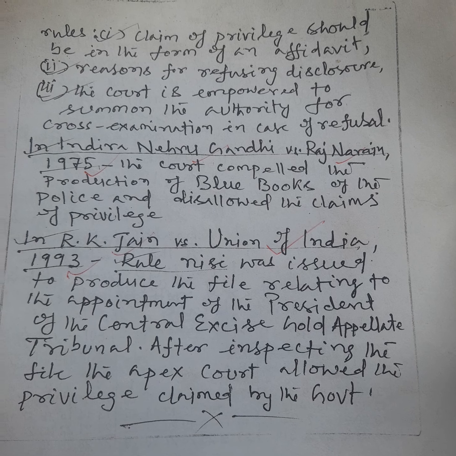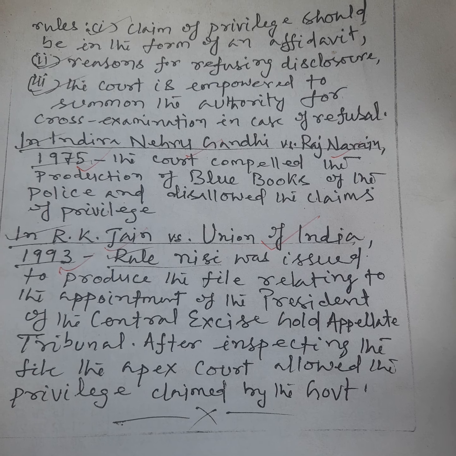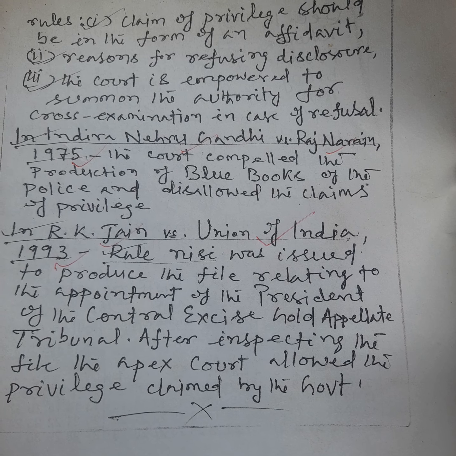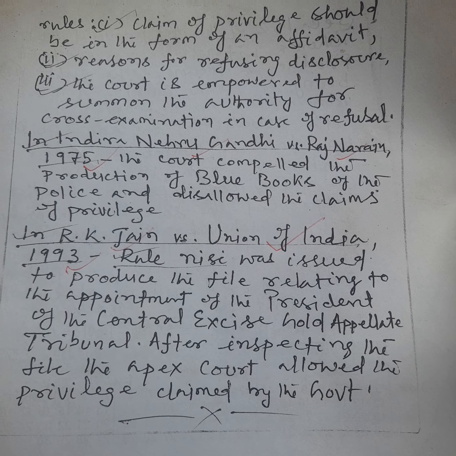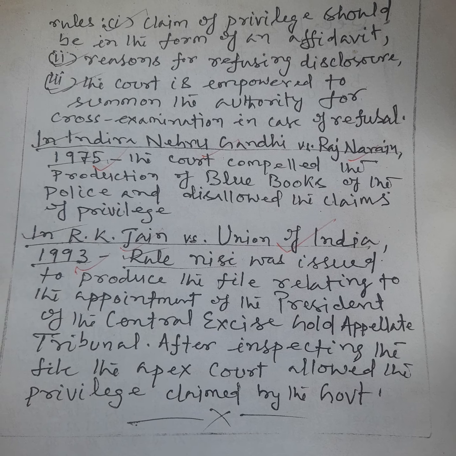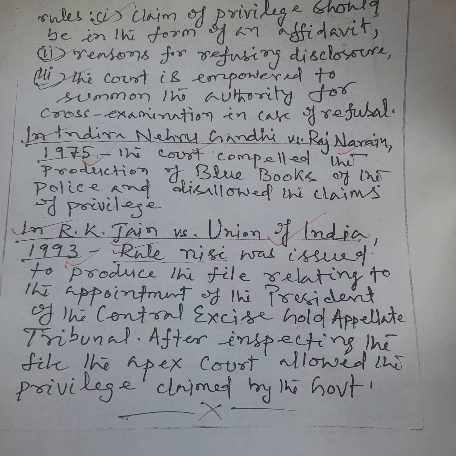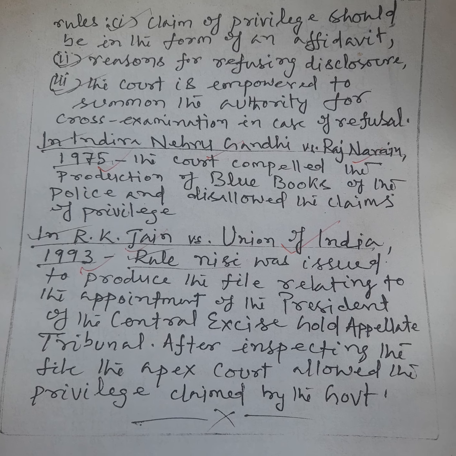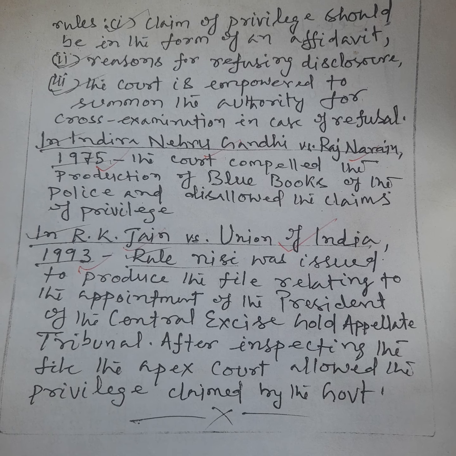So also the argument, for which the court is empowered, as expressed by Chief Justice Gajendragadkar, to summon the very authority who has refused to disclose such information as privileged information to be cross-examined in the court